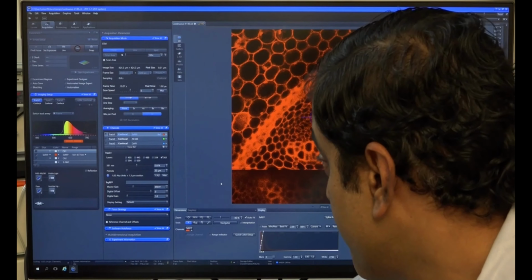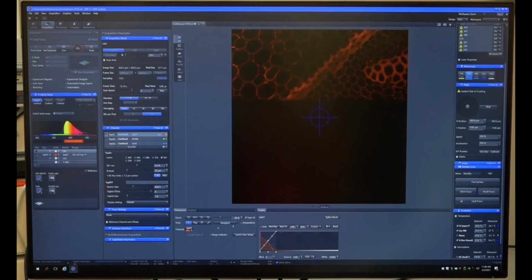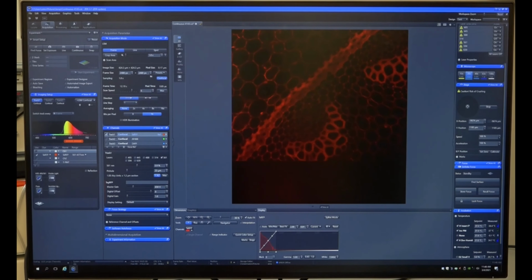Optimize. So this is the signal we are getting. What we'll do, we can change the color to red. Once we have done this for track 1,